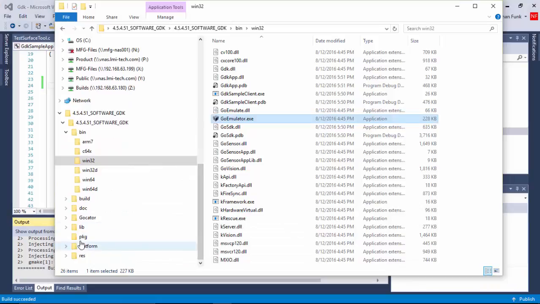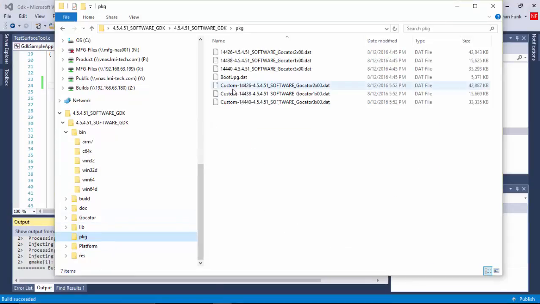So I just need to look here under package, under PKG, and either one of these three, depending on the series that you're looking for, will then get loaded onto the sensor. So if it's a snapshot sensor, you would choose this GoKater 3000 series firmware and just upload that as usual, just like a normal firmware upgrade, and you're good to go.